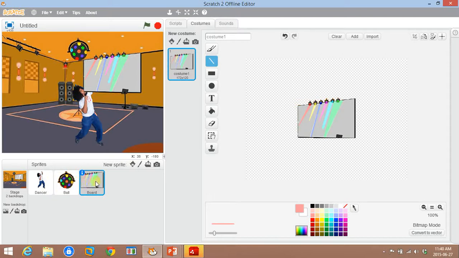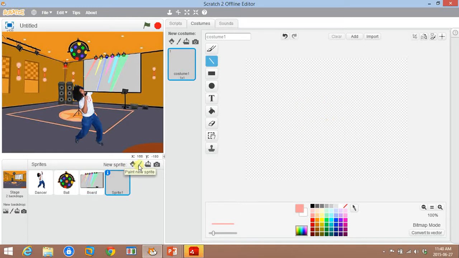If you recall, the final thing was we wanted to have our spotlight focusing on our dancer. So you're going to create one from nothing. So once again, click on the paint new sprite. We're going to name him